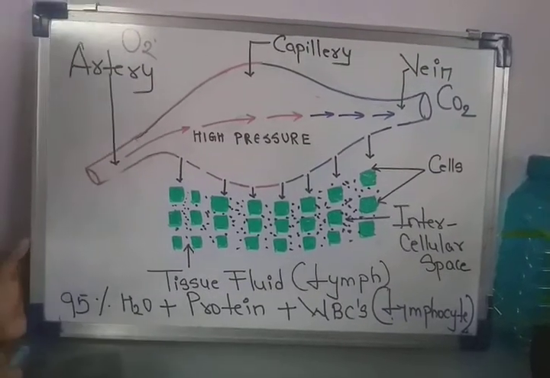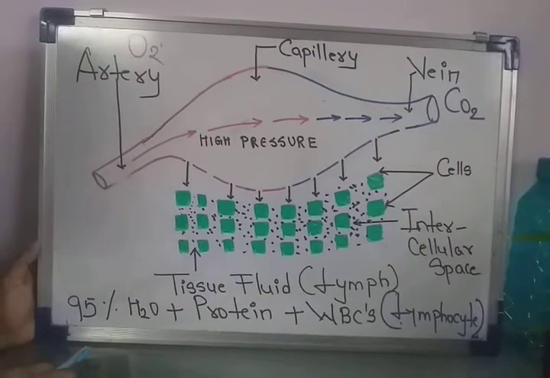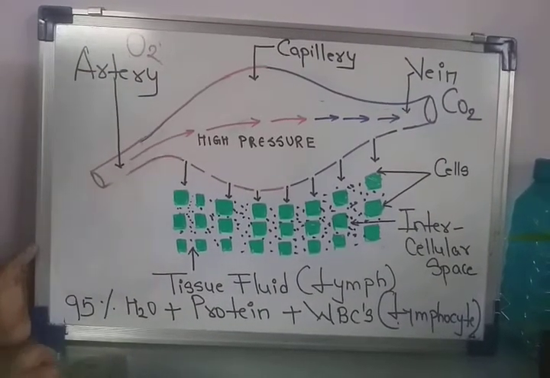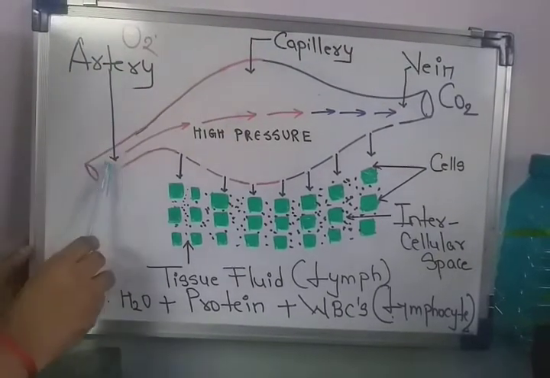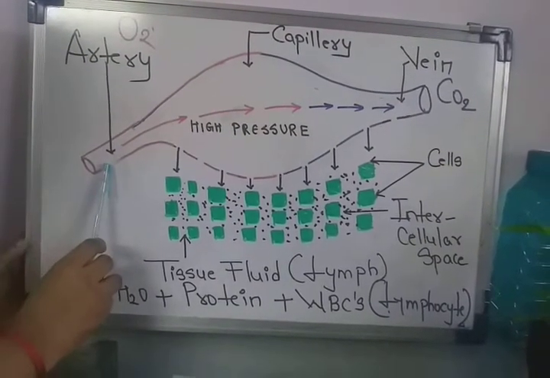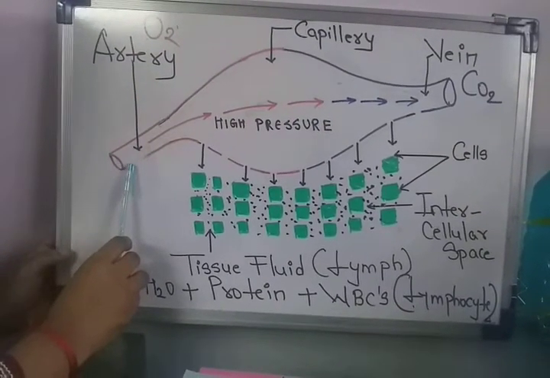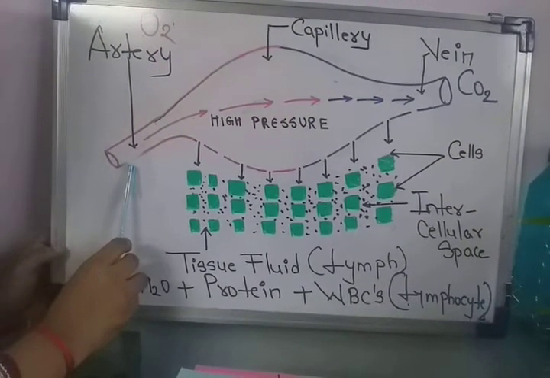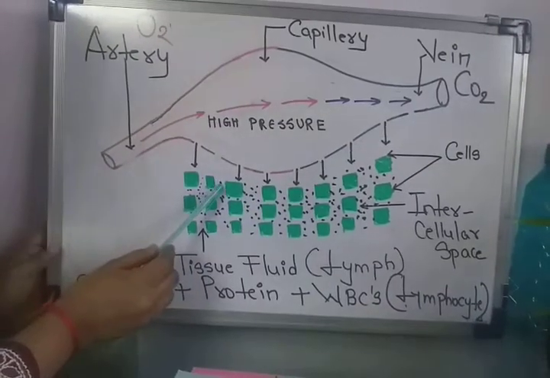Let's understand the transport of lymph, how it takes place, with the help of a small diagrammatic representation. Now we all know that arteries bring the oxygenated blood from the heart to the body. When it enters from the heart and comes in contact with the body, the exchange takes place across the capillaries. This is what we have studied.